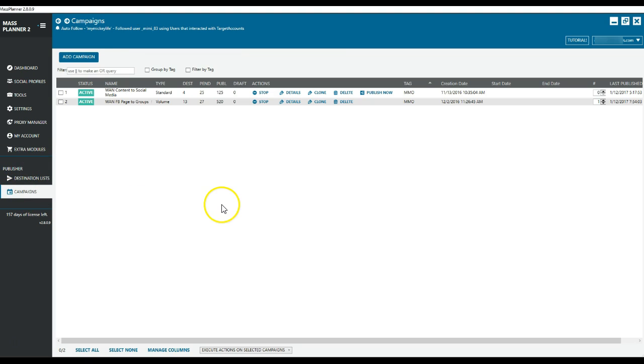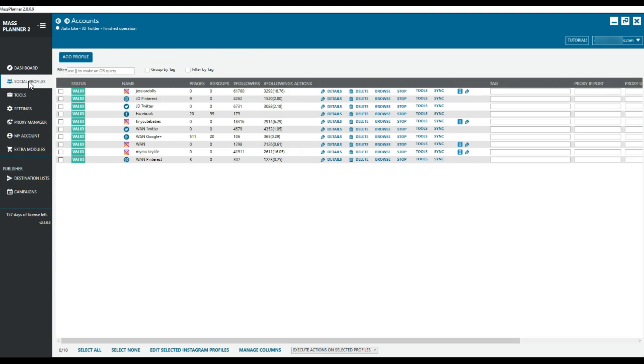So this is a brief overview of what you can do with this software. The only thing I don't recommend is Google+. Apparently I asked Mass Planner if my settings were too high initially, and I had set the settings very low, but what happened was that once I started trying to get followers in Google+, I got banned for 2 weeks really quickly, like within 2 hours. So I don't recommend Google+ here, because even Mass Planner doesn't know how they